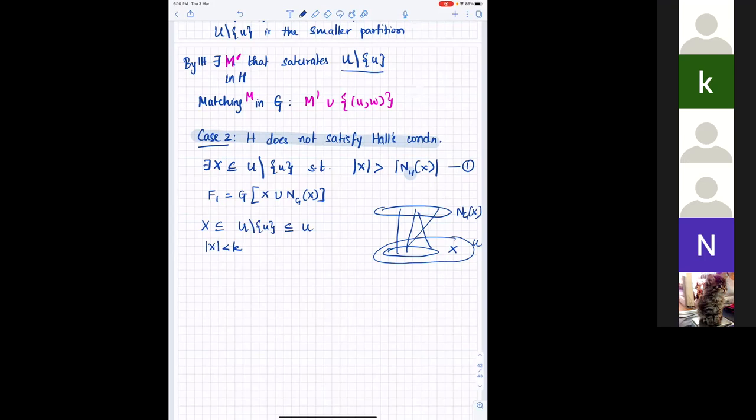Because this is K and this is K minus 1. So you could apply the inductive hypothesis, but to apply it, what must you say? What is the other thing that we have to ensure? So I know that the cardinality of X is less than the cardinality of U. This implies that the cardinality of X is less than K. So I can use the inductive hypothesis provided